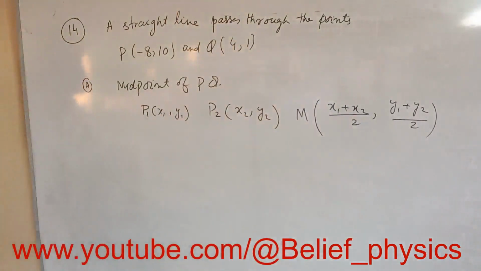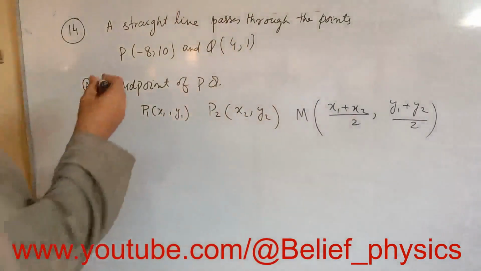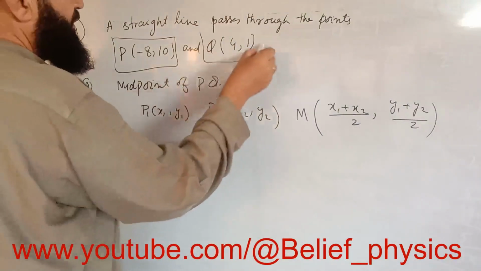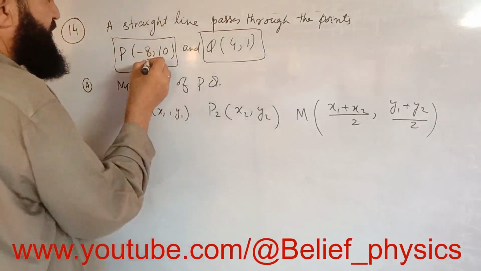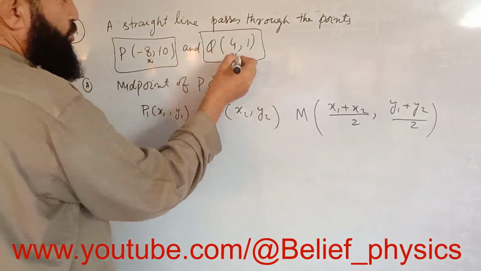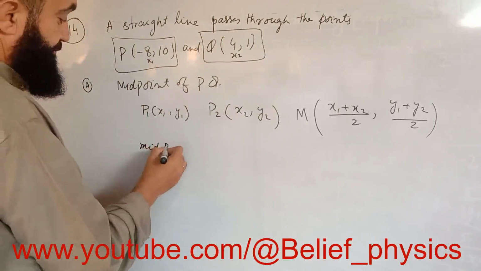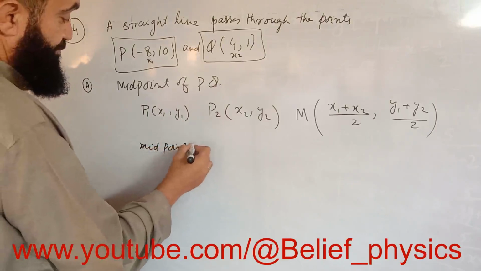So we have to find the midpoint of PQ. This P is P1 and this Q is P2. This is X1 and this is X2. Therefore, the midpoint of PQ